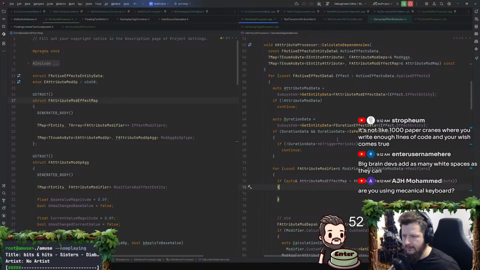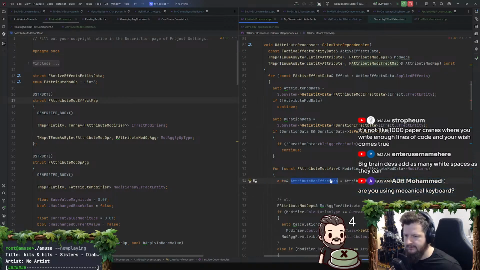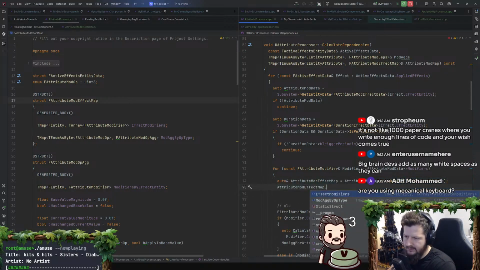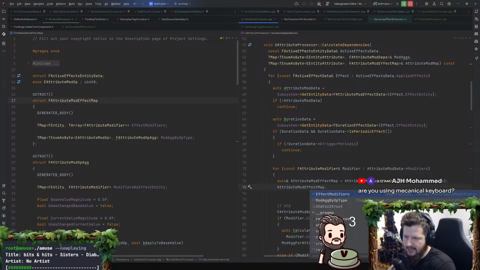Is that not right? Oh, right, because it's not a boolean. Yeah, we have this. It's not a pointer, rather. Effect modifiers. So mod ag by op type. I don't think I need to fill out mod ag by op type at the moment.